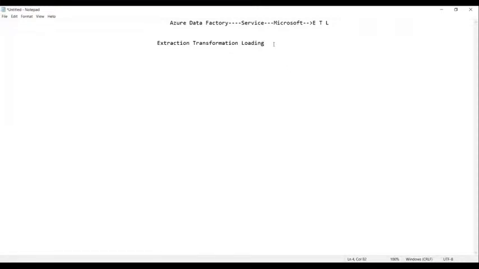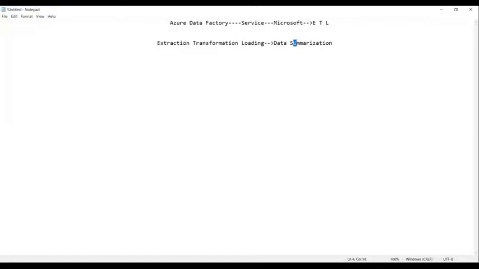Extraction, transformation, and loading. It is used to perform extraction, transformation, and loading, and it is used to perform data summarization.